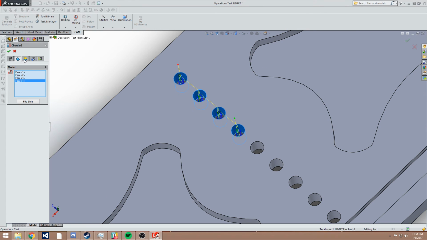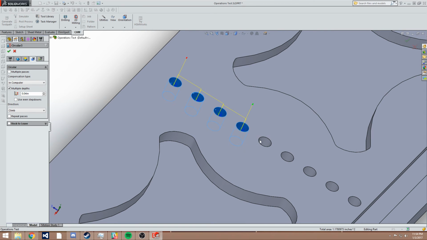Now this is similar to the bore, but it kind of does the opposite. Rather than you defining the number of steps horizontally, if you're looking at it like this, multiple passes on a bore would increase the number of passes it would take horizontally. On circular, your multiple passes will do the same thing here,